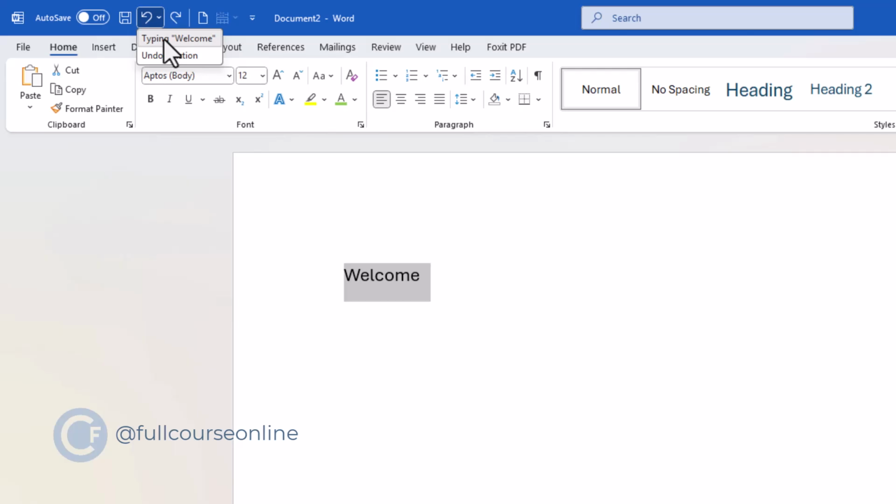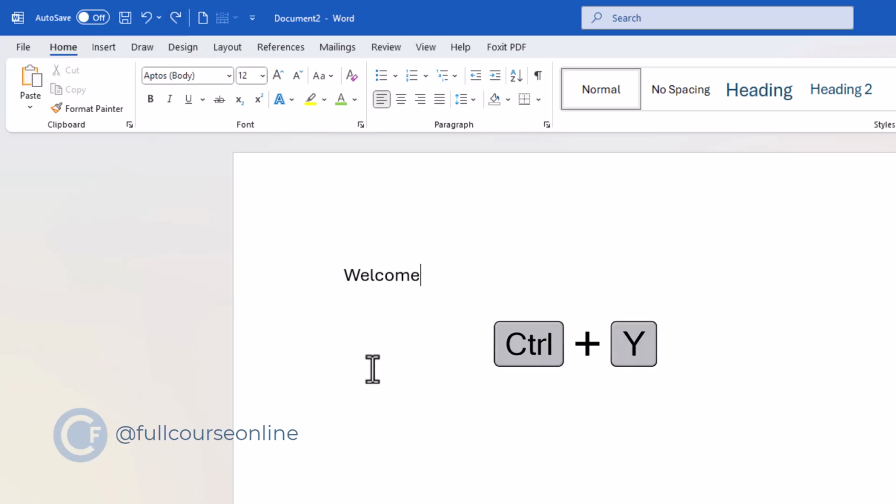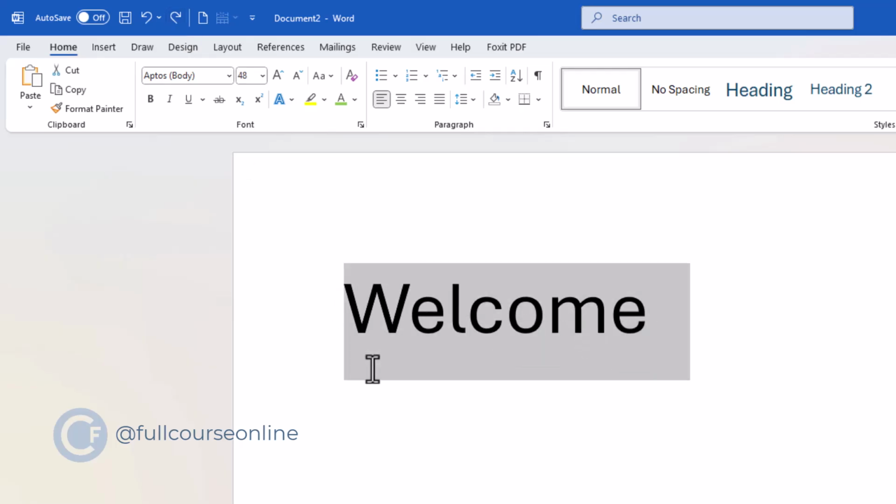Now, let's say you undo something but then realize you actually wanted to keep it. That's where redo comes in. Click the Redo button, which sits right next to Undo, and looks like a curved arrow pointing right. You can also use the keyboard shortcut Ctrl+Y on Windows or Command+Y on a Mac to restore the action you